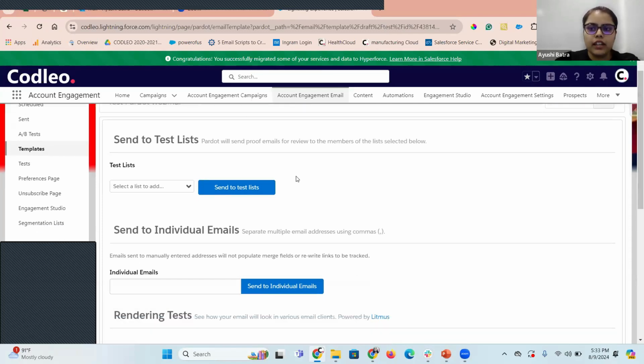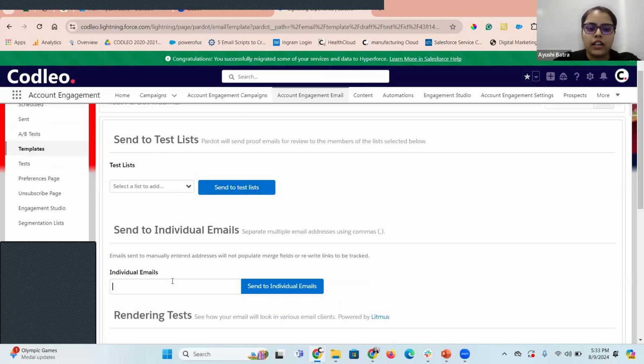For testing, we can directly send it to a test list. You can create a static list where you can enter some of the contacts to whom you want to send out any campaign, or from whom you want to get approval.